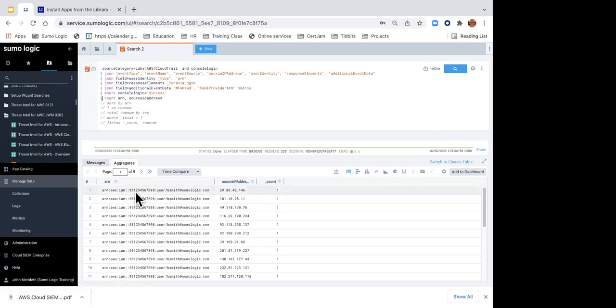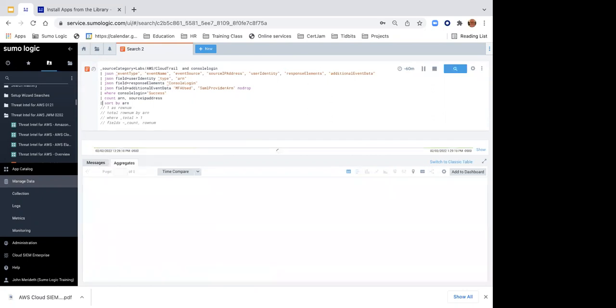So here I see the ARN. This ARN looks like the same ARN, B. Smith. And B. Smith looks like he's logged in from several different IP addresses. Now, maybe B. Smith's a tester. Maybe he should log in from multiple IP addresses. But if he's not a tester or she's not a tester, then maybe I need to investigate this. Then if I want to, I can, of course, sort by my ARN.